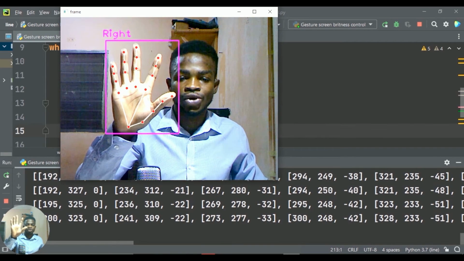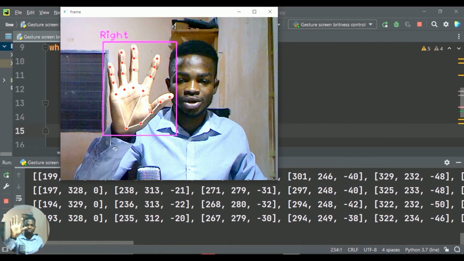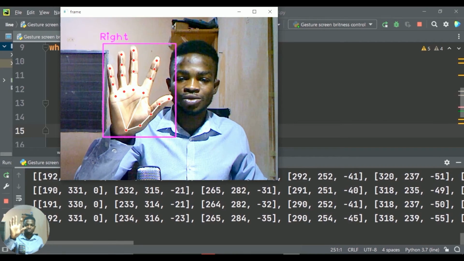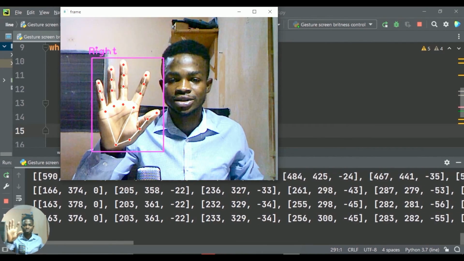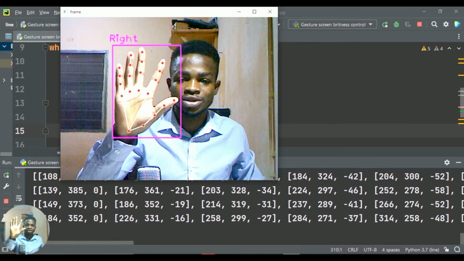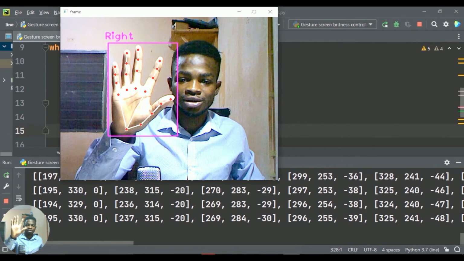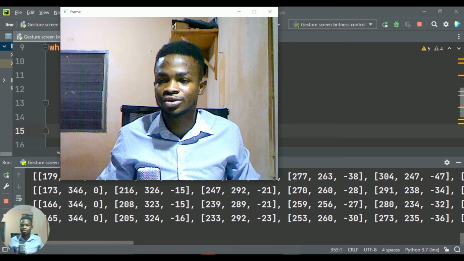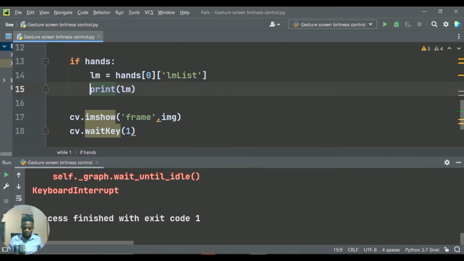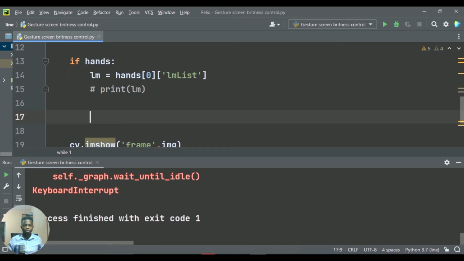If you want a tutorial on all the IDs, we can do so, but for now we'll go straight to find this ID and this ID and the distance between them. So we use a function in the cvzone package to do that. So let's go ahead and continue. I think we can comment this now, and the next step is to get that distance. So we have a function